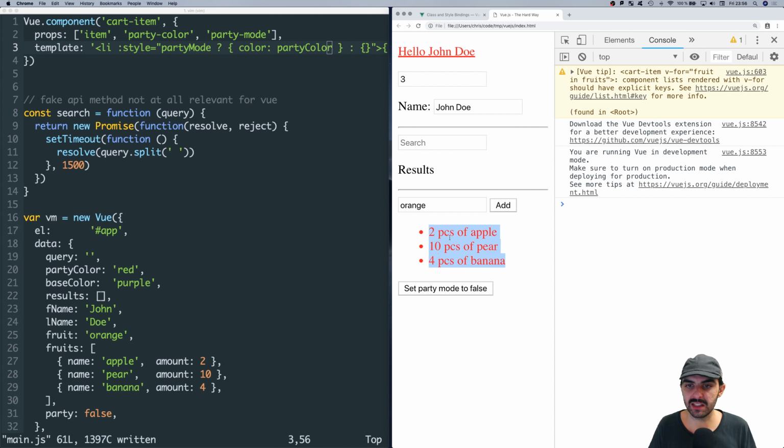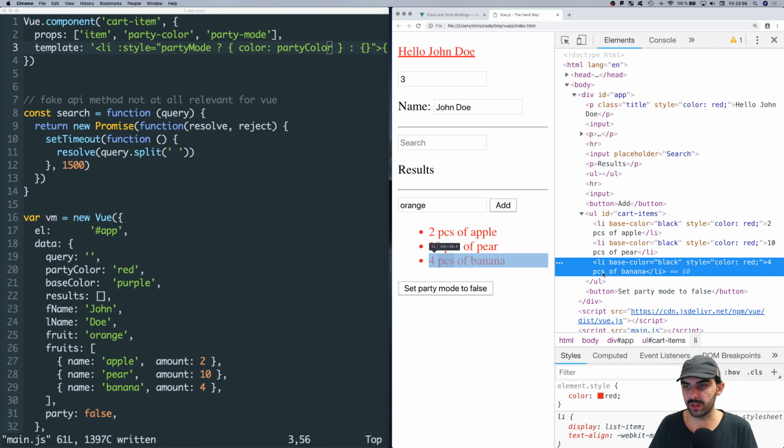So these elements down here, these list items, turn red when party mode is true, and black when false. And interestingly, now we've chosen to do this thing where we're either rendering the property, the CSS property color, or